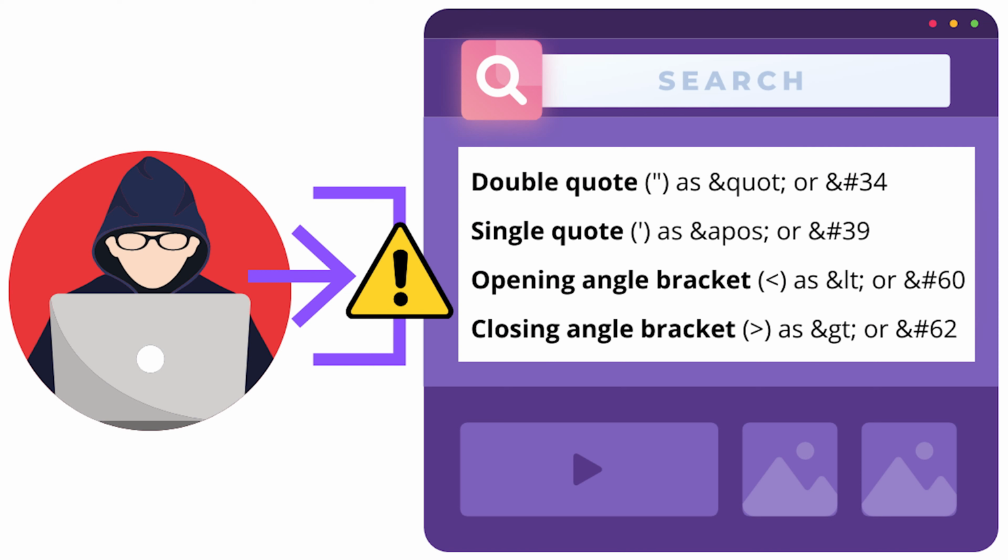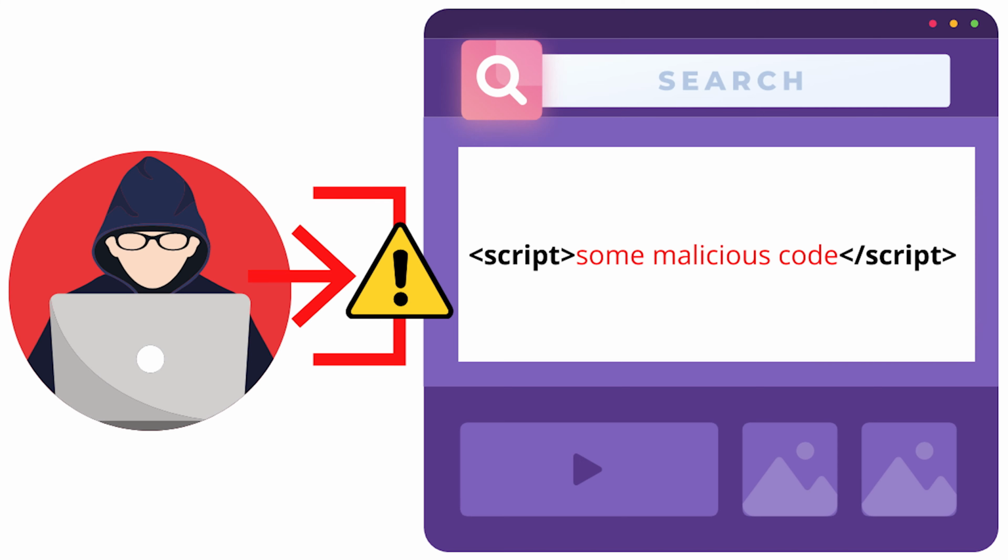If a site properly sanitizes characters, then they render as HTML entities. For example, the page source for a website will show these characters as entities, while on screen they appear as the original characters. This is because these special characters, when unsanitized, define a website's structure in HTML and JavaScript. For example, if a site doesn't sanitize angle brackets, an attacker could insert some malicious code in between the script tags to inject the payload.